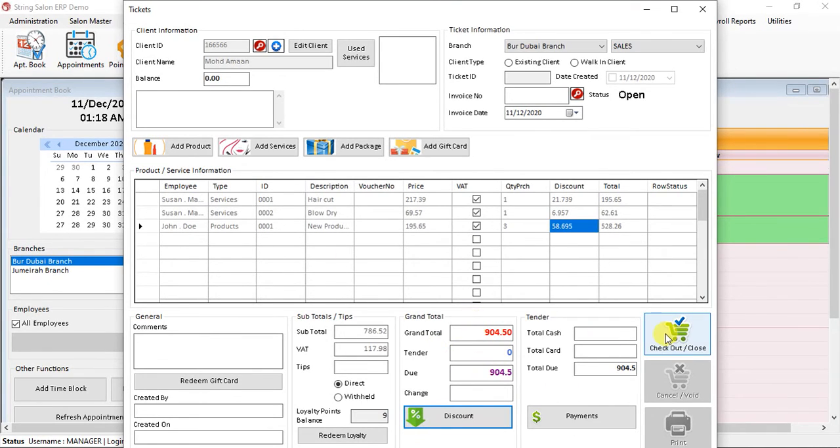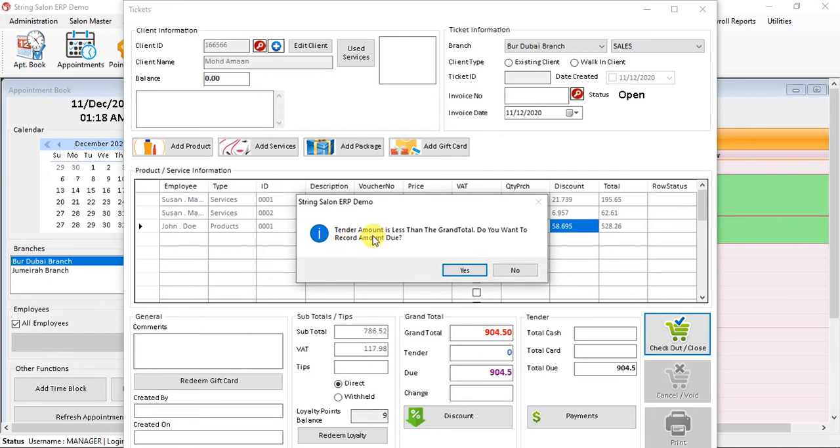Now if you actually check out, it says the tender amount is less, meaning the client is not paying anything now. So you can record this also. Once you record this as it is, the balance for that client will come here, or you can see it at any point of time.